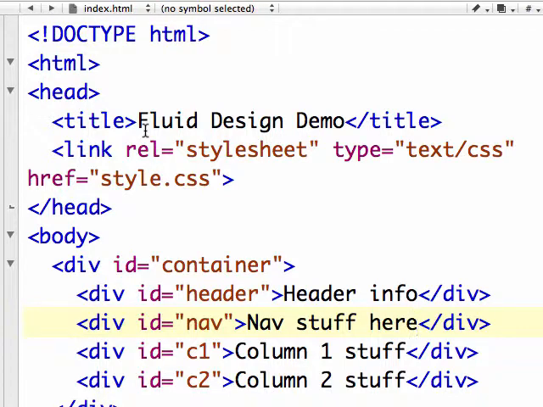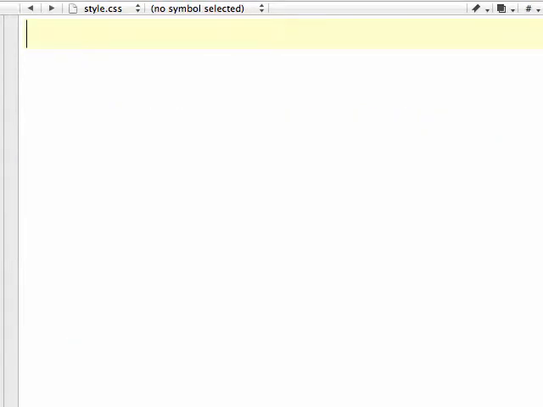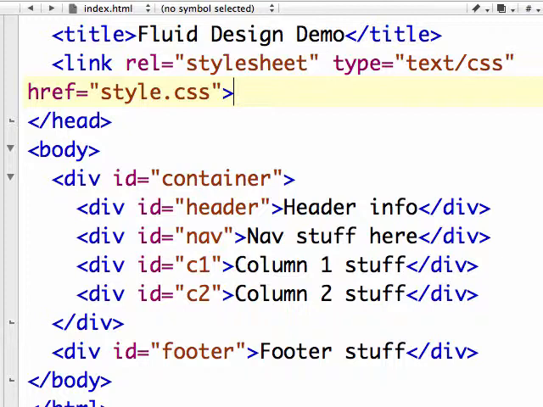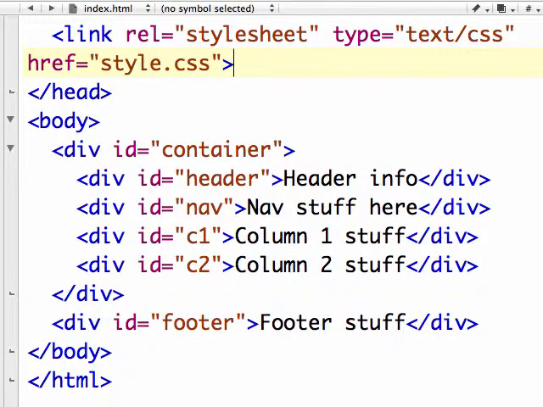I've got a title. I've got a link to a CSS file that I have not made yet. I've got a placeholder file, but it's all blank, so nothing in our CSS yet. Inside the body, I've got a container with the customary 4 divs inside. I've got a header, a nav, column 1, column 2, all inside the container, and then a footer outside of